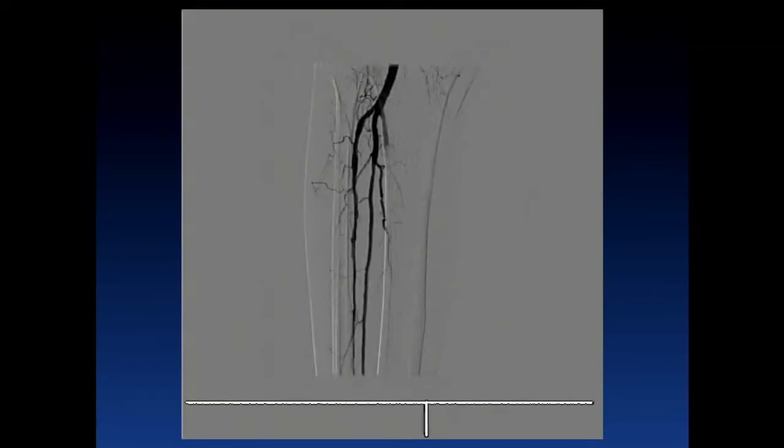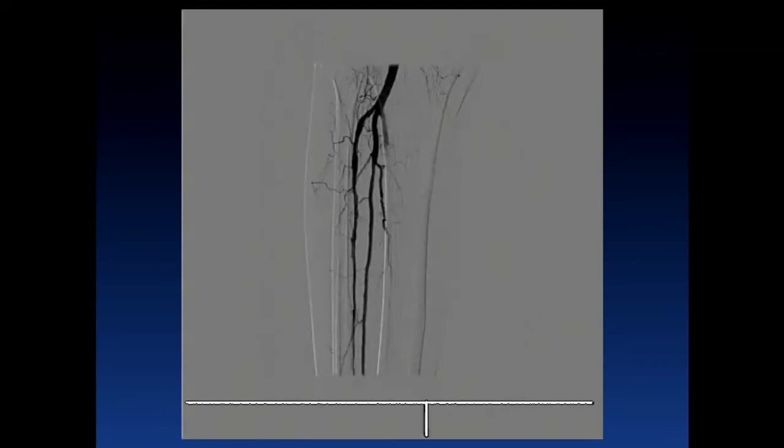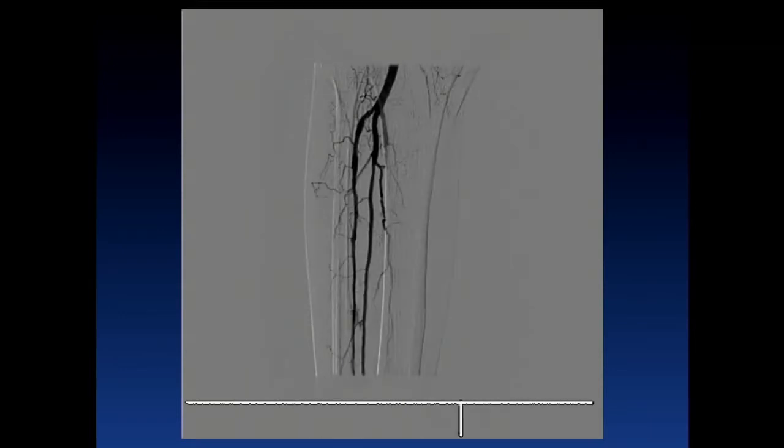Unfortunately, although there's reasonable flow in the anterior tibial, you can see that the mid-anterior tibial does have an area of perforation. And I still honestly don't understand exactly why this happened. I think there was some moderate calcification in that region. I still don't think that the balloon we used was particularly oversized. In retrospect, perhaps performing intravascular imaging might have helped explain why this was more likely to occur here, because in my experience, having done